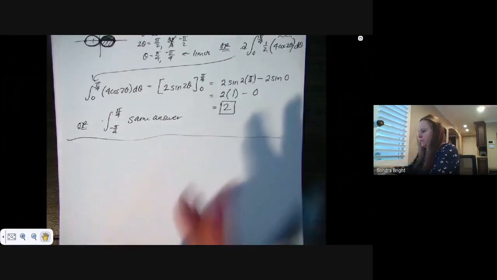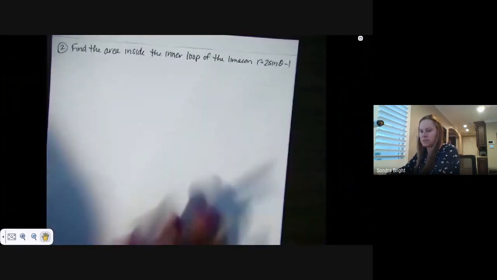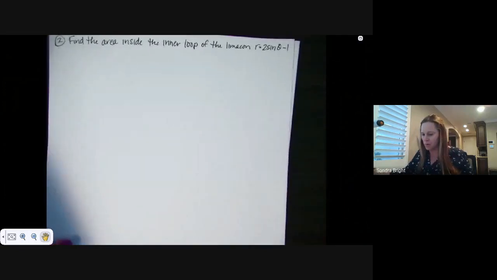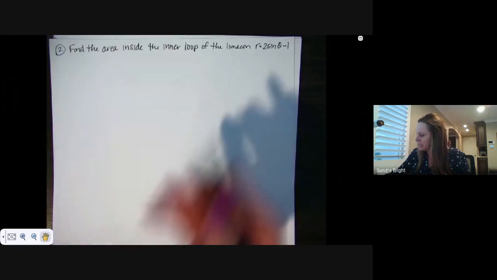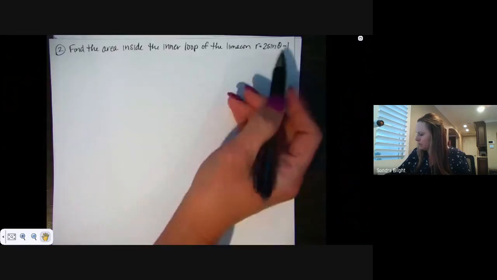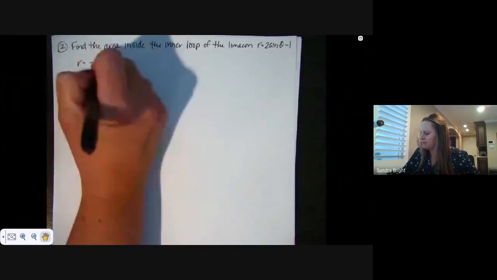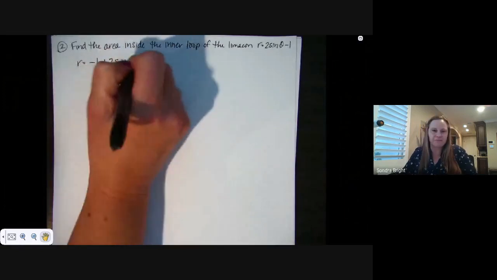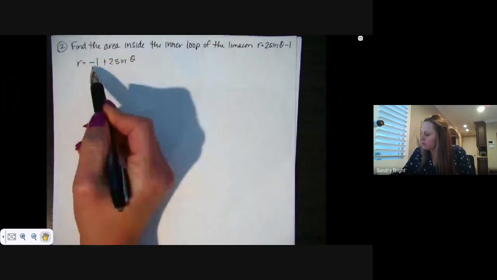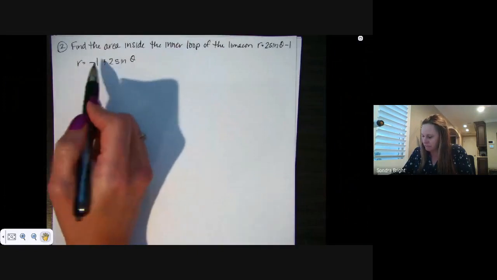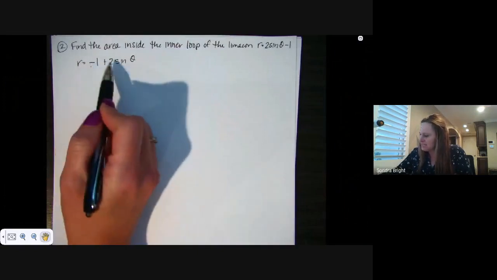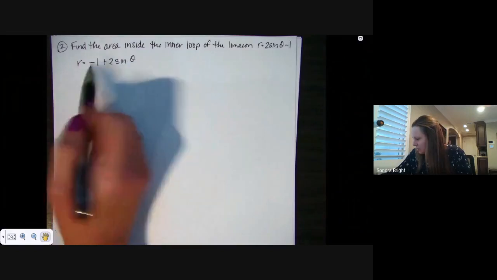All right, number 2 said find the area inside the inner loop of the limaçon r equals 2 sine of theta minus 1. All right, so that's not how you're used to seeing it. You're used to seeing it as -1 plus 2 sine of theta. You may not have recognized, like maybe you haven't seen the -1 before. If your first number in the a plus b sine or cosine is negative, it's the exact same graph